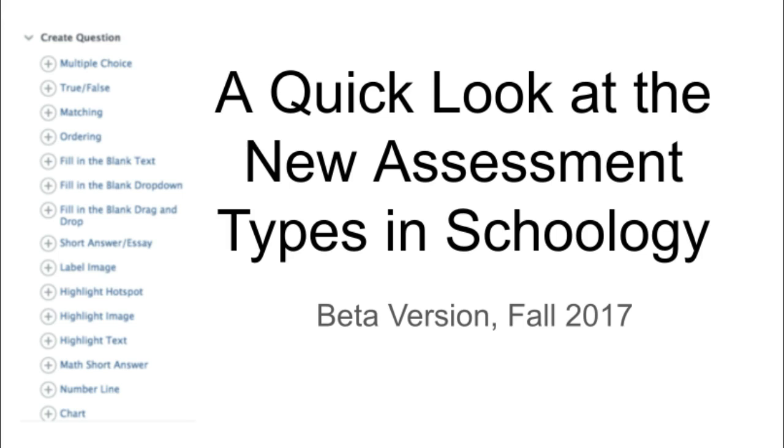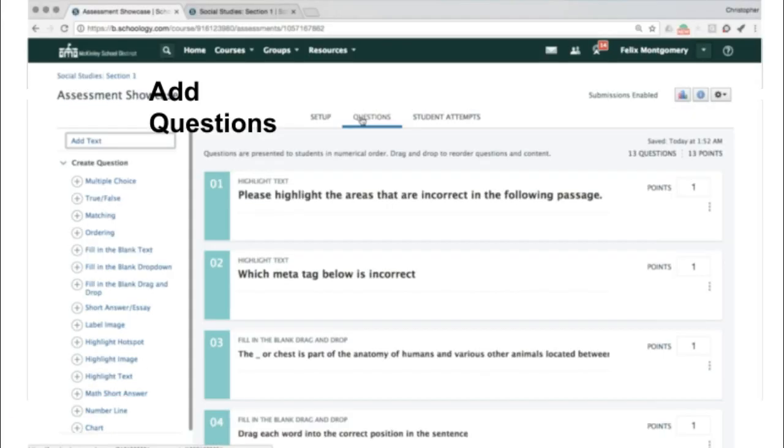Eventually it's going to offer some really neat features because there's some new question types. You can see on the left here the list of question types. It's got the old ones here and then a bunch of new ones down below that. So you'll still add questions. So when you go in and set up your test, you will click on the questions menu and choose your